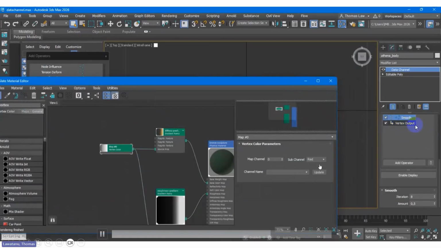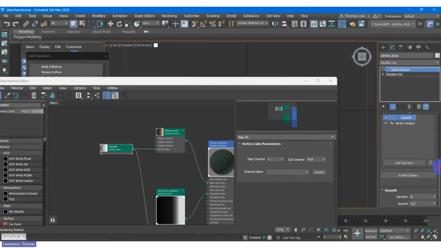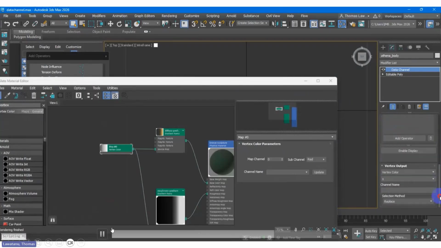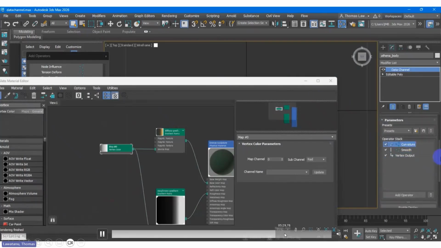Again, you can change later. Remember when I put the data channel inside this object, I adjusted more red color, right? That's why this is more related. Why inside the vertex node I choose the sub channel red. Again, later we can adjust.